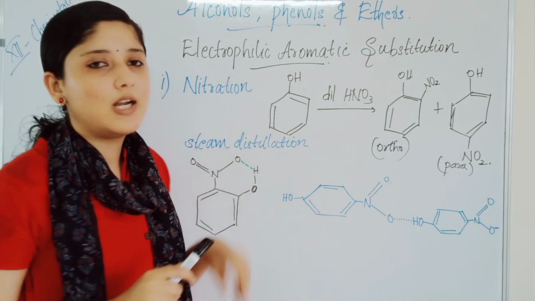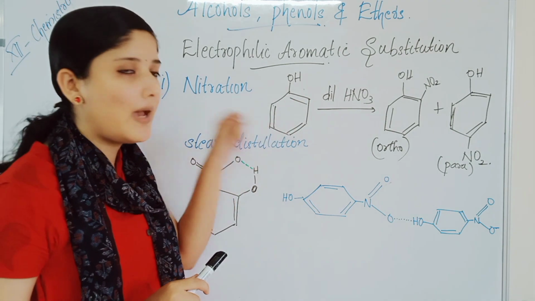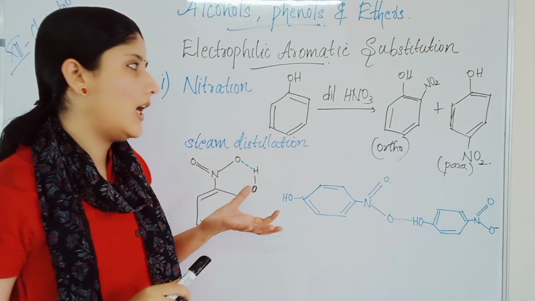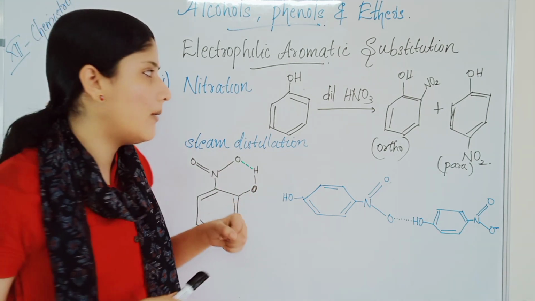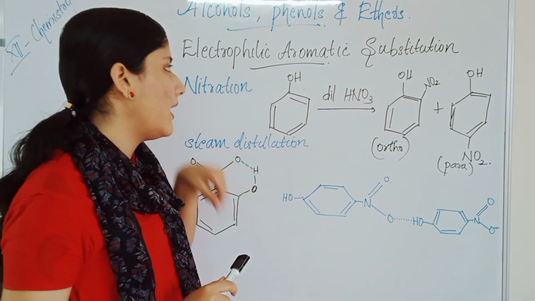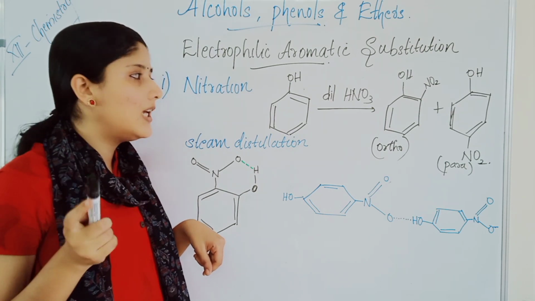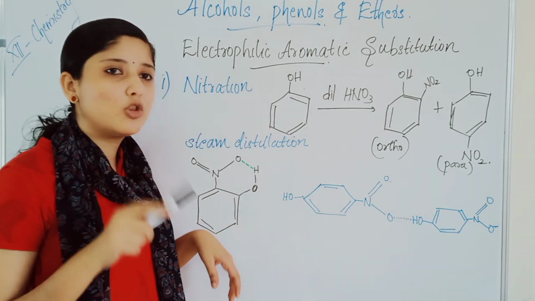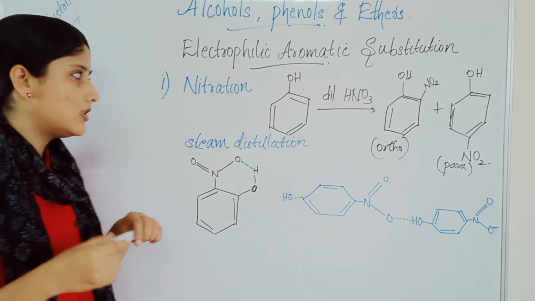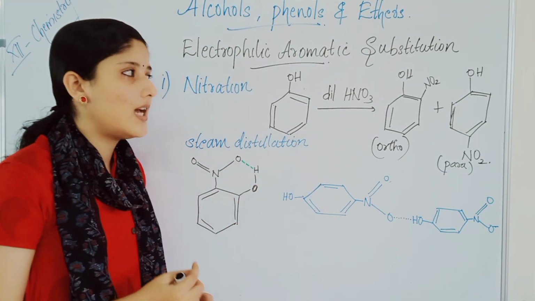Phenol, we already studied the acidity of phenols, isn't it? For phenol, the ortho and the para positions will have more electron density. So the incoming electrophile will come to the position of more electron density, that is the ortho and the para position. So in electrophilic aromatic substitution of phenol, the incoming electrophile will come to the ortho and para positions, so they are ortho and para directing. In nitration, phenol undergoes nitration in the presence of dilute nitric acid to give what?